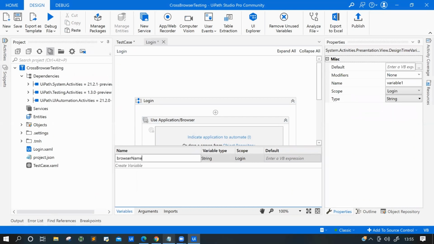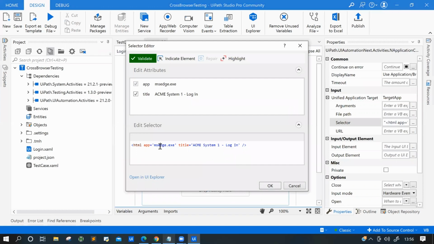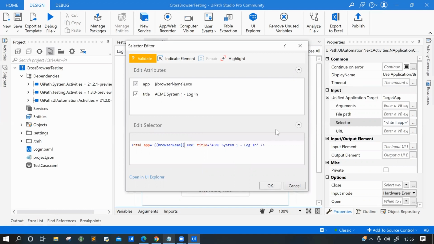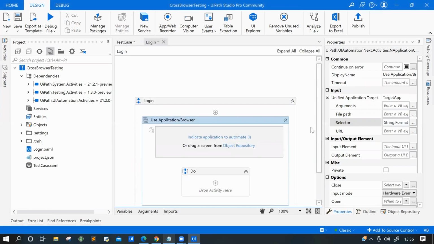For the demo purpose, I'm doing it like that. In general, what you can do is have it in a config file or an asset, and from there you can get that. So instead of this, I can give my variable. Control space bar, click, select your variable, and then click OK. So this is my attached browser.